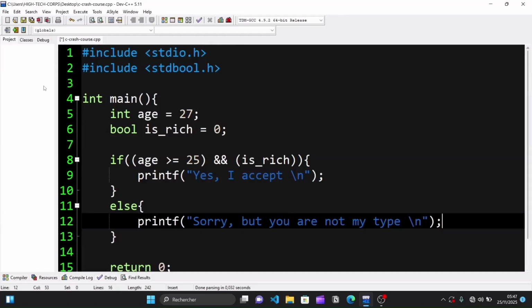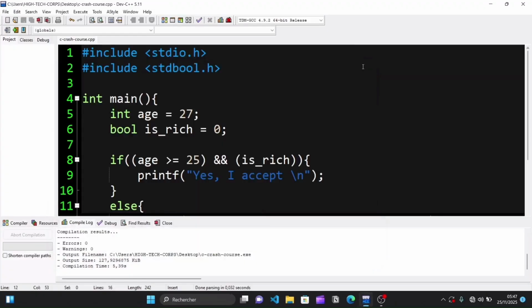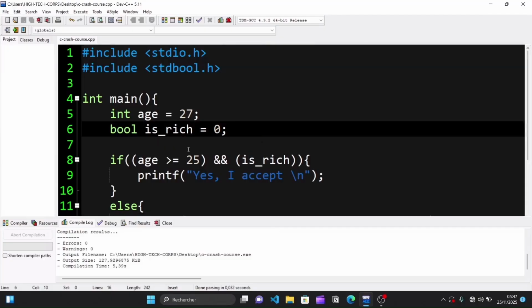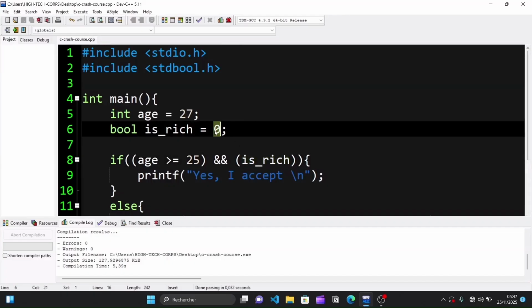Now let's run our program to see what the result gives. We see our result says, "Sorry, you are not my type." This is because, as you can see here, one of the conditions is not true. We check the condition isWhich, meaning that we are checking if the value of isWhich is true. As I said, when you write a Boolean variable just like this with the variable name, it checks if that variable is true or not, and we can see that isWhich here is set to false,